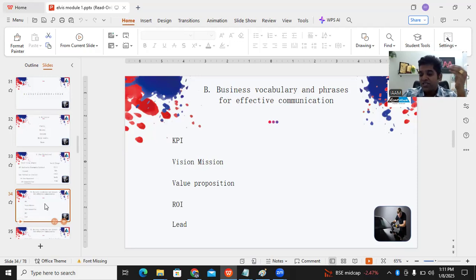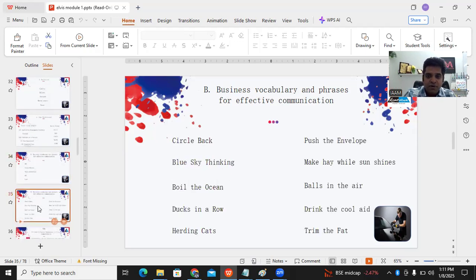So ask them what is the difference between vision and mission. Vision is something very vague, something very huge. Give them the example of Amazon's vision: to sell everything and deliver it in a single day. Then ask them, what's your vision? You can do this as an exercise or give it for homework. Mission is something very specific in order to achieve that vision.